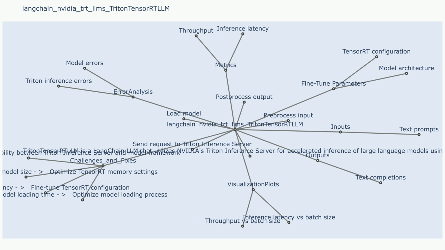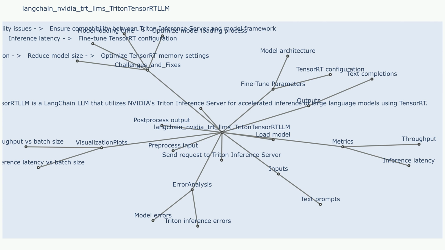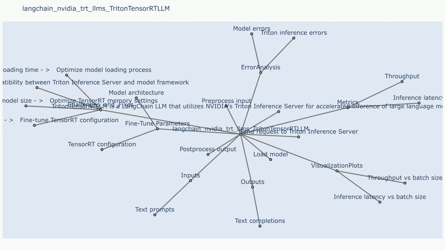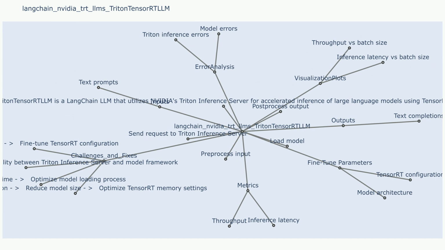Visualization plots. Visualization plot 1. Latency distribution over time, showcasing potential bottlenecks. Visualization plot 2. Throughput analysis, revealing the server's capacity and efficiency. Fine-tune parameters. Parameter 1. Model architecture and hyperparameters, which can be adjusted to optimize accuracy and performance for specific tasks. Parameter 2. Triton server configuration, including the number of GPUs, batch sizes, and other settings, to maximize throughput and resource